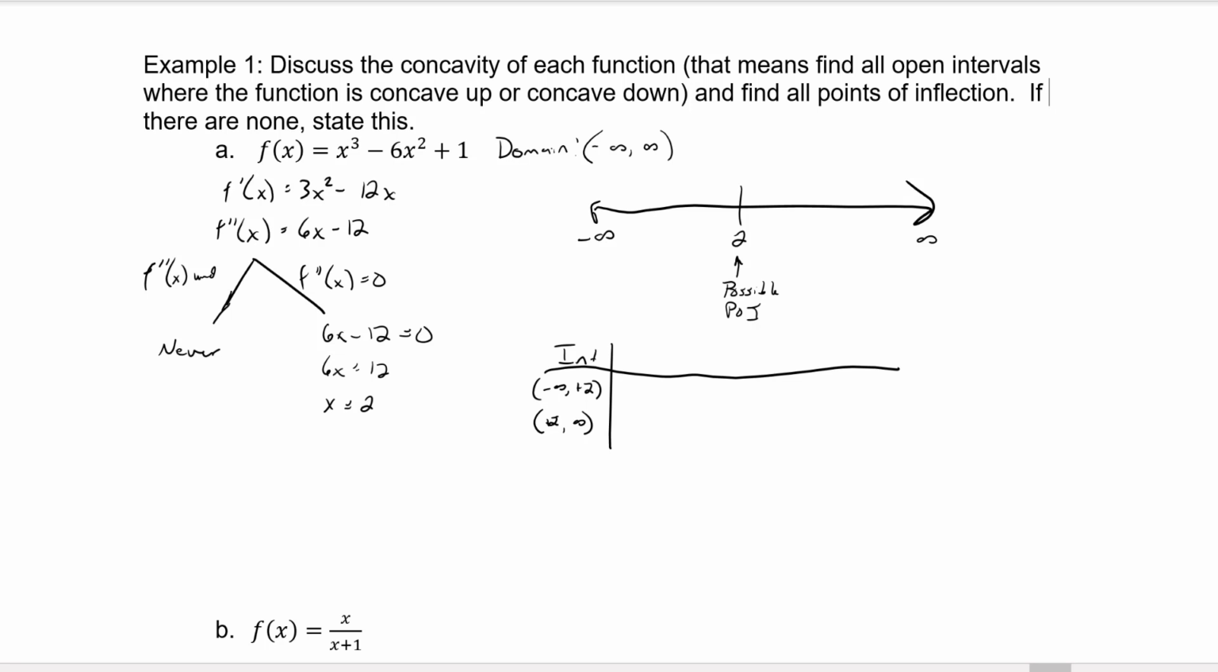So pick a test value in each of those intervals. So let's say 0 and 3. Just like before with finding extrema, it doesn't matter what value you pick as long as it's in the interval and in the domain. So same idea. So test points in negative infinity to 2, we picked 0. 2 to infinity, we picked 3. So now we're plugging into the second derivative, so f double prime of x, we know in this case is 6x minus 12. So f double prime of 0, 6 times 0 minus 12,